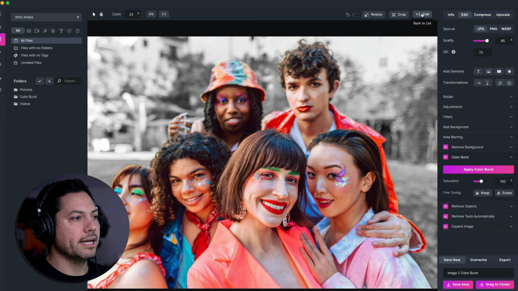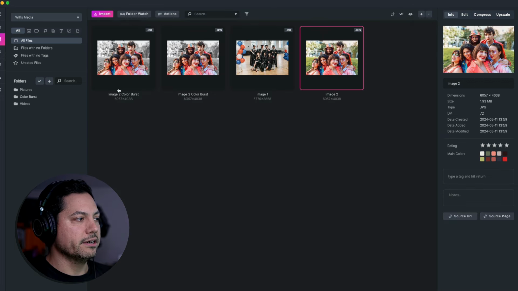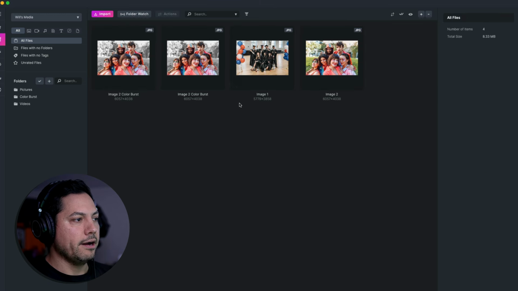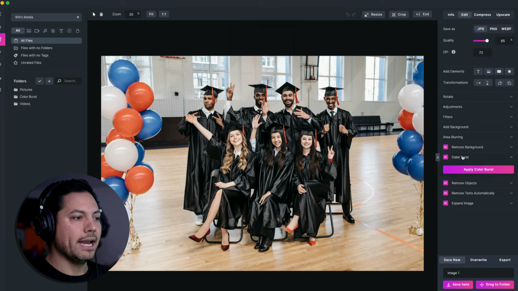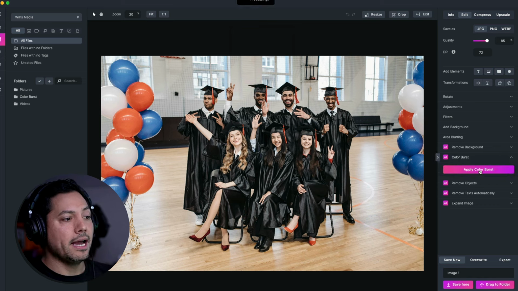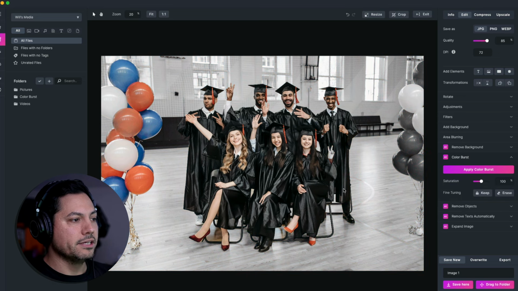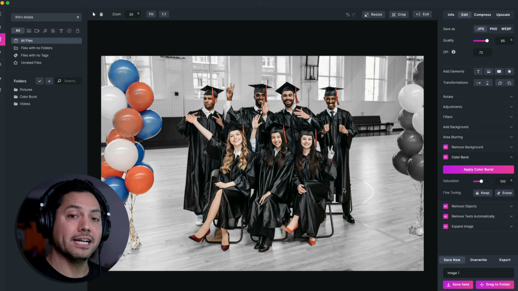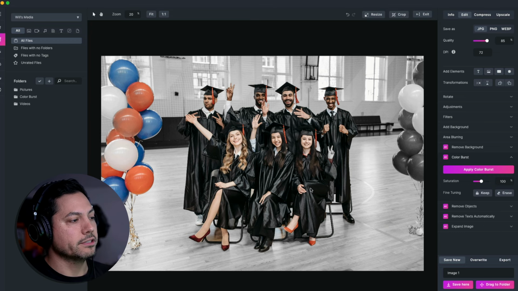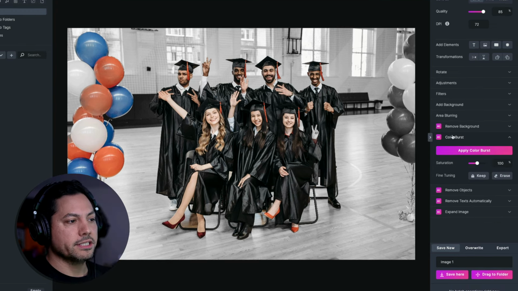Now we can go back and let me exit out of here, and you can see here is my color bursted image there that we just exported out. Now, if I want to click on a different picture, let's open up this one of this graduation pic, right? Go back into Color Burst under my edit section, and I can hit Apply Color Burst again, right? And you can see here's where it kind of missed an object, right? But this also gives me the opportunity to talk about some of the additional fine-tuning features that Color Burst offers, right? All right, so now if I go back down to my Color Burst section here,